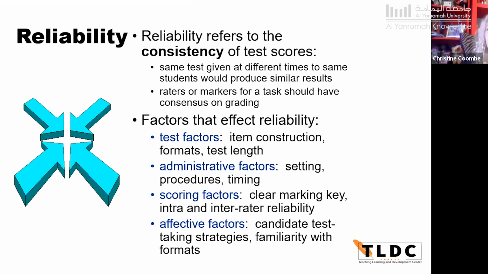So what kinds of things can affect a test's reliability? Well, factors within the test. The way we write our items. If we have item violations, this can affect reliability. If we have new formats as well, the length of the test can cause an impact. Let's say you write a test and you decide the test is 40 questions and you give students 2 hours because that's the length of your class period.